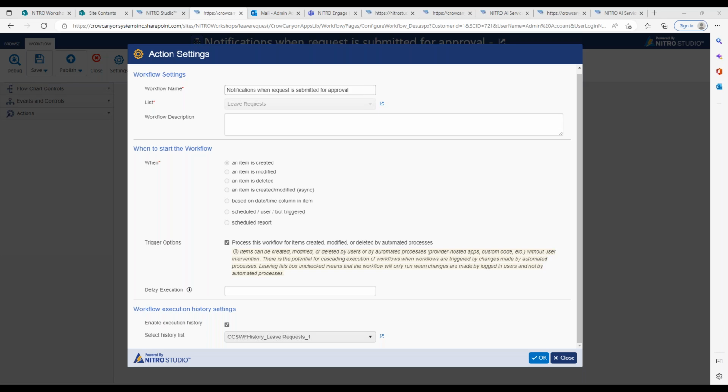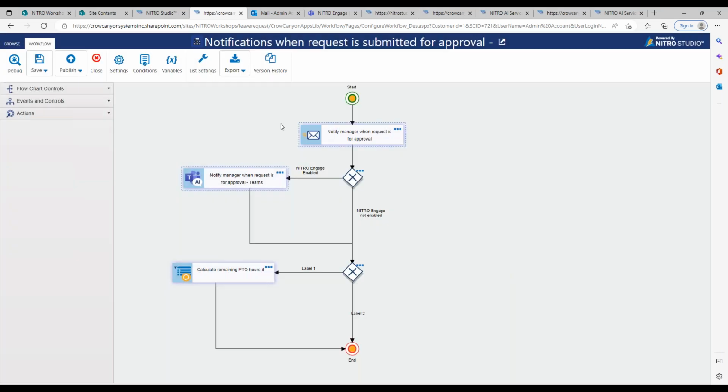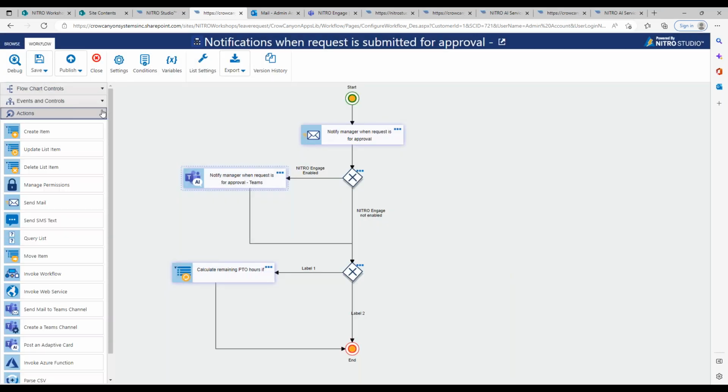Okay, we did have another question come in. Can APIs be accessed? There's an option where a request originates there, but we connect to their API to locate the requester's remaining PTO balance. So this is more of a general workflow question, but it's great. In our workflows, probably the best way to do this is the Invoke Web Service